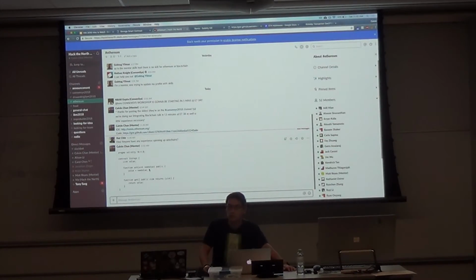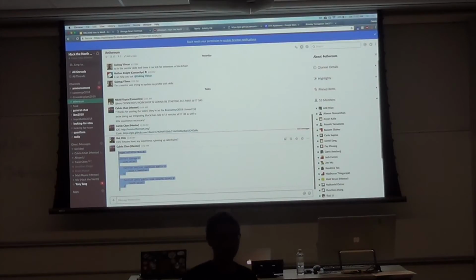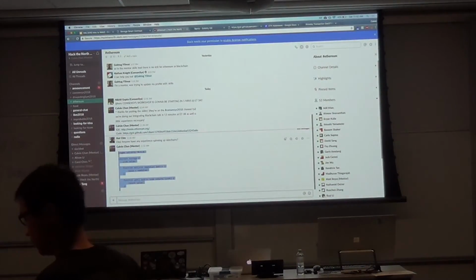If you guys are having trouble pasting the code into the contract, on Slack I put the contract code, so all you need to do is copy and paste that into the IDE if the gist isn't working. If the gist isn't working, it gives you an API load error. Yes, I put it into Slack. All right, does anyone else have questions? Anyone else need help?